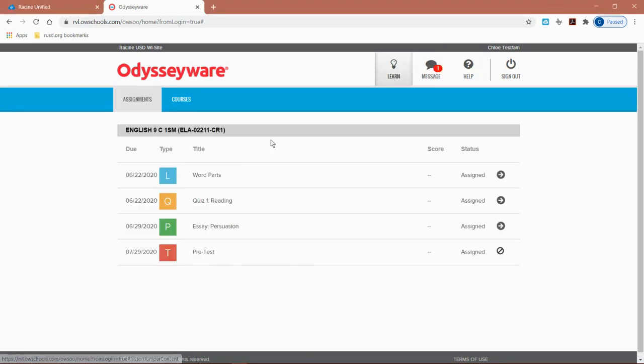And again, here we can see that this student has a lesson assigned to them, a quiz, a project, and then all the way down the line, there is another pretest that they'll have to take. And this is what it looks like when something is blocked. So you can see 3 of the 4 to-dos that the student has are unblocked. The 4th one is blocked. If we go into the lesson,